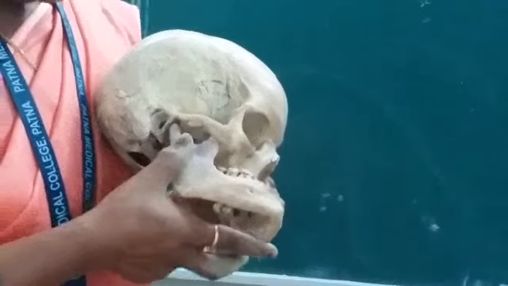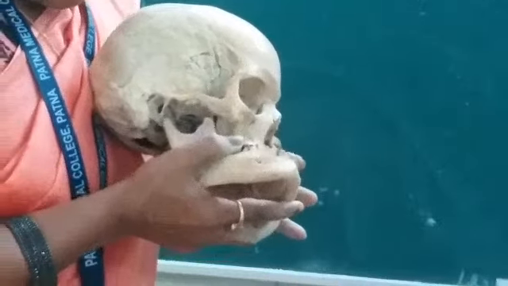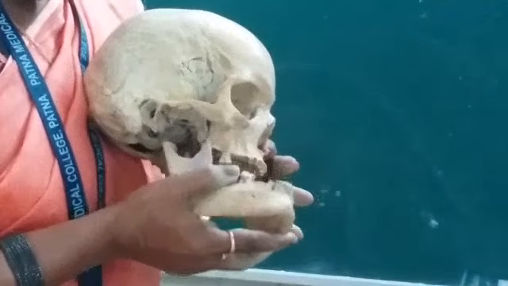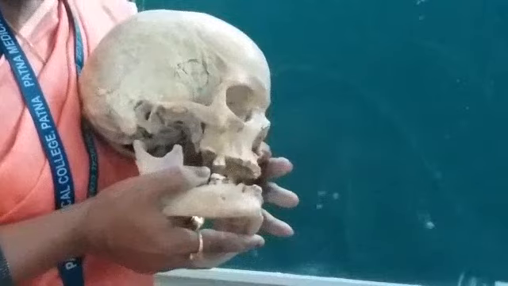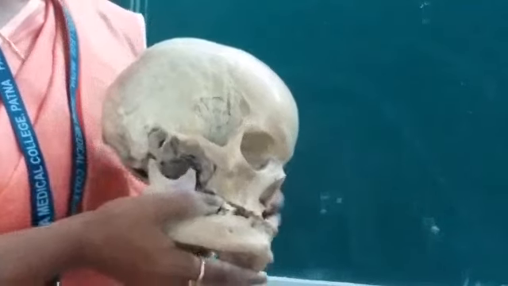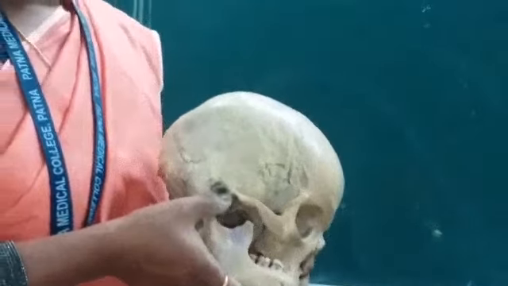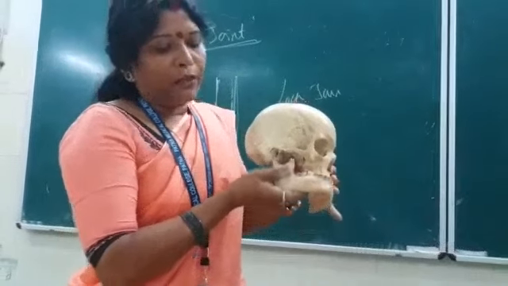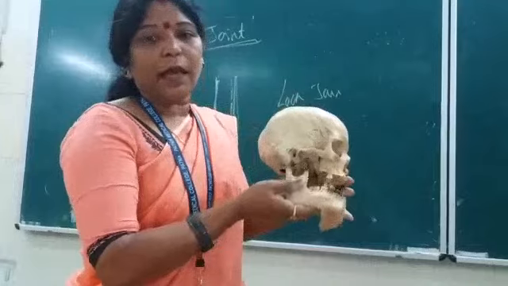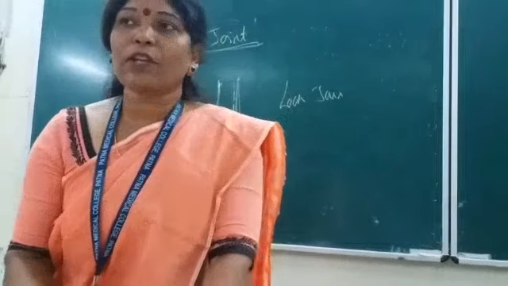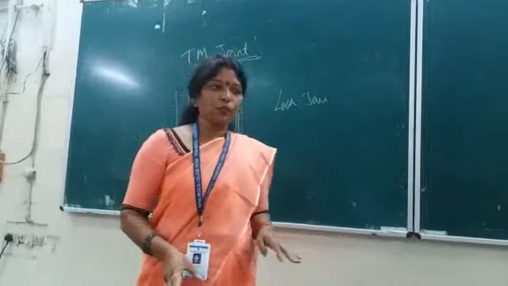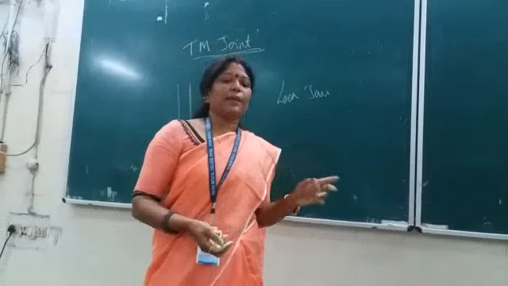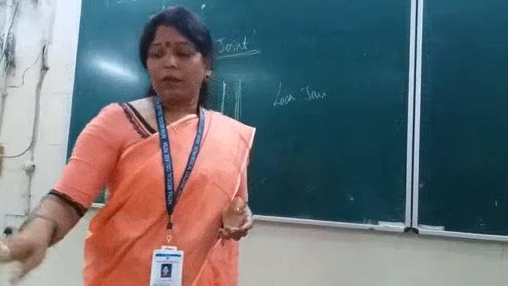Then what do you have to do? First you have to decrease the level of this condyle, and then you push backward so that you keep this condyle in the articular fossa. First you depress the part and then you elevate it so that it comes into alignment. So this was the dislocation of the temporomandibular joint, mainly anterior. A very important topic for you all for the long questions.